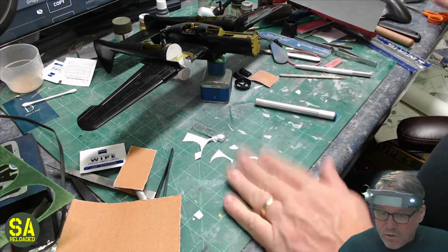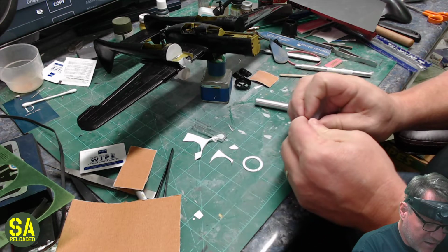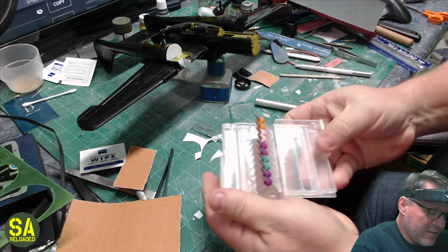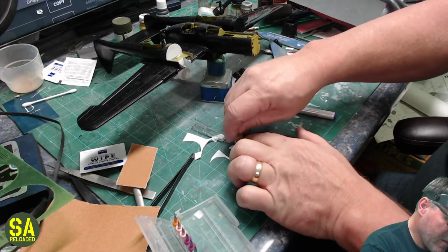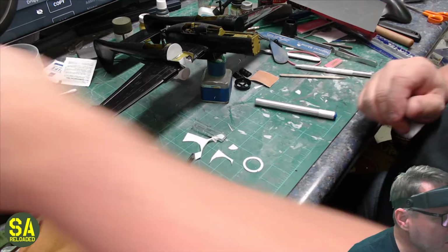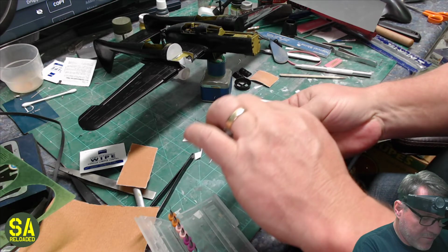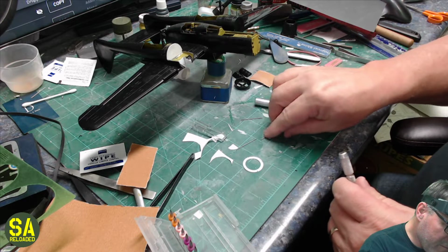So to drill holes in it, I am just going to take one of these little micro bits that I got at Harbor Freight. See if I got anything big enough. Not really. Yeah. I don't know. Let's test this one. That's not really that big. Let me see what I have in my pin vise. Sorry, I'm reaching across your field of view there. Oh, that's much better. That's much bigger. All right, so